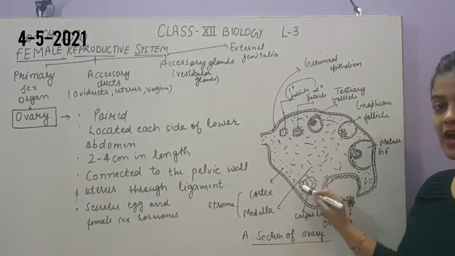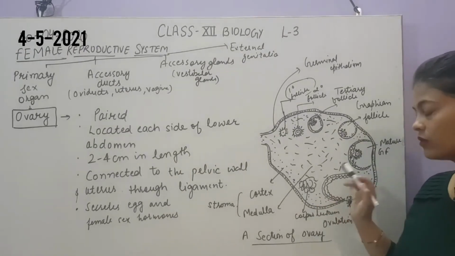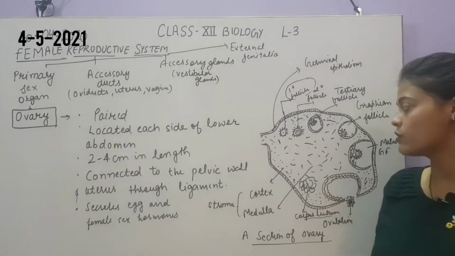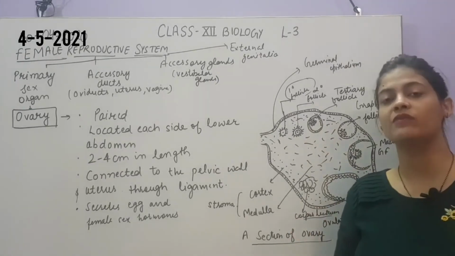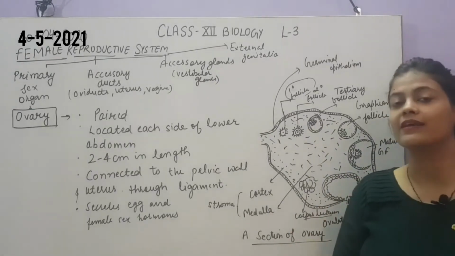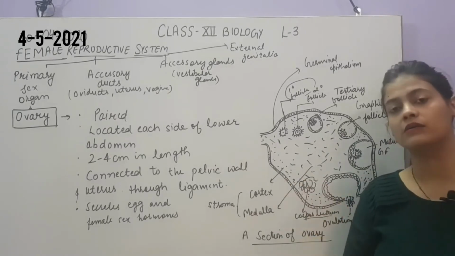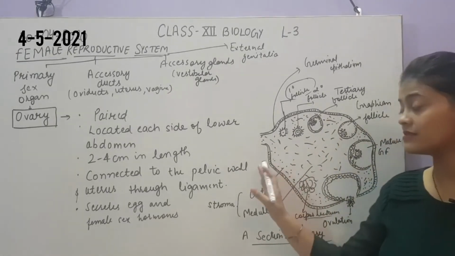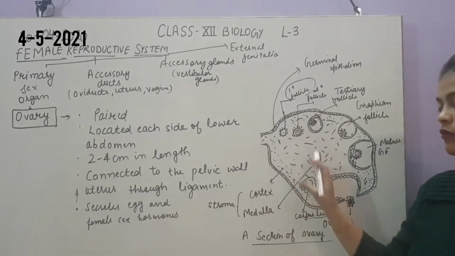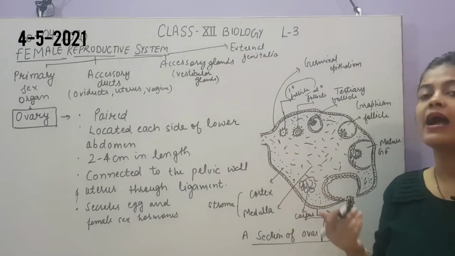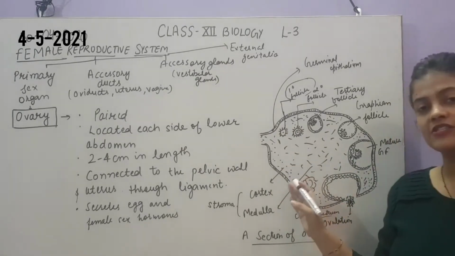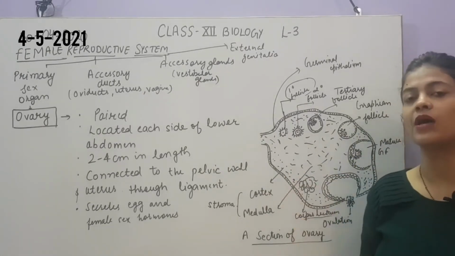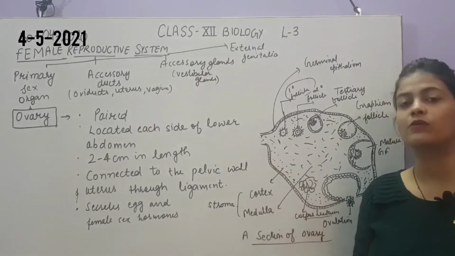Then this Graafian follicle, after release of the ovum, will be converted into this structure which is called corpus luteum. All these structures in detail, one step at a time, we are going to study in the menstrual cycle. We will study the steps in detail later, but till now you should be clear that this is the internal structure of the ovary, where the primary follicles are there, which will undergo development at the time of puberty, and they are covered with the germinal epithelium, and this Graafian follicle will release the egg from the ovary. And this is all about the structure of the ovary.